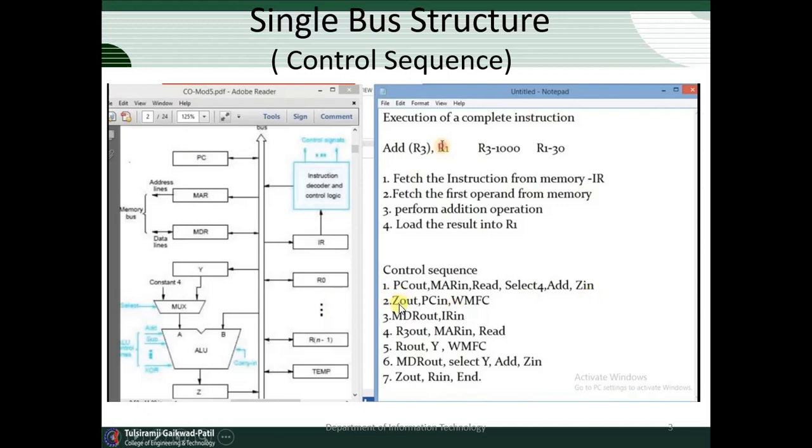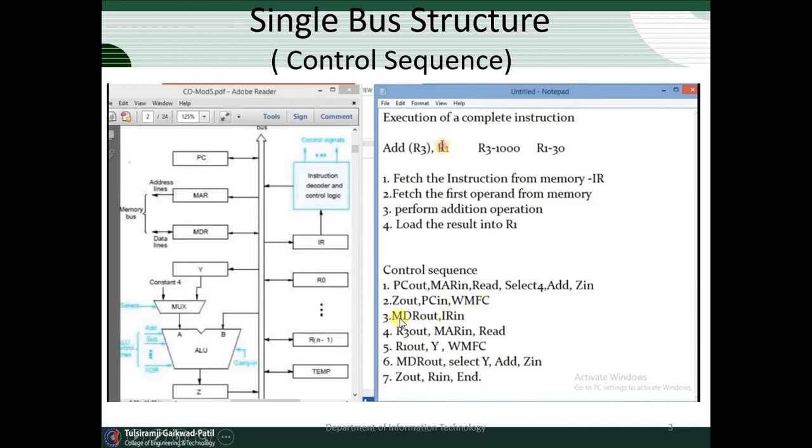In the second step, Z out indicates the output of the ALU, the arithmetic and logic unit. Then PC in indicates the input is required from that address, and WMFC indicates wait for memory function completed.